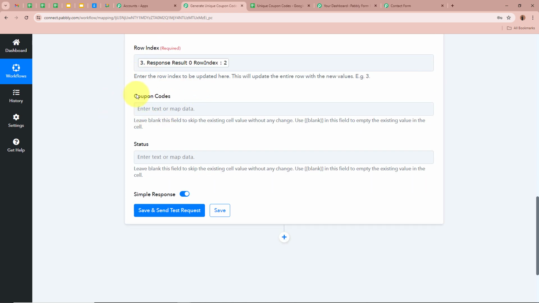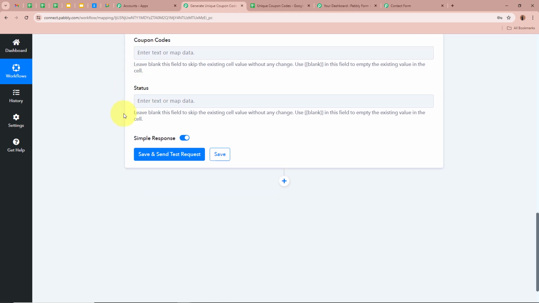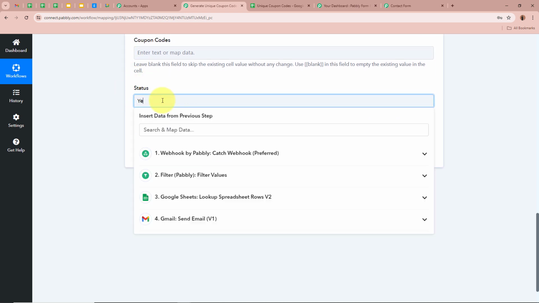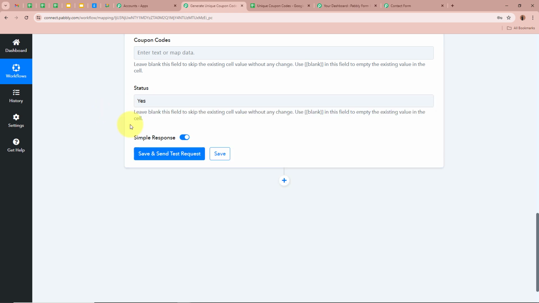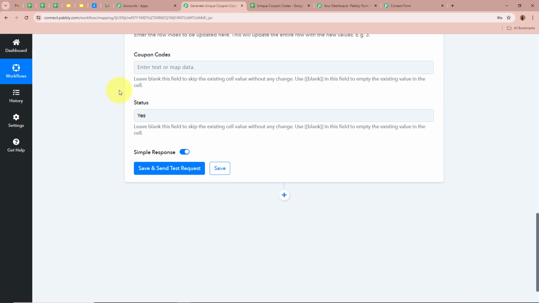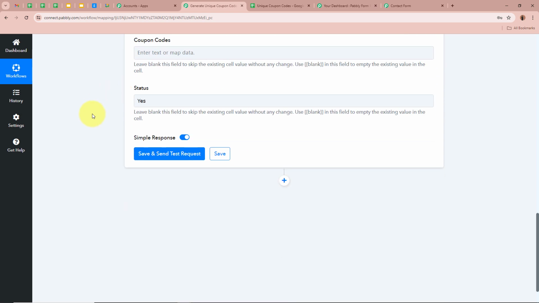It is asking for the coupon codes. As we do not want to update the value of the coupon codes, I'm going to skip that part. But for the status over here, I want to update it as yes. So I'm going to select the status over here as yes, as now the value of the coupon code is being updated. After filling in all the required details, I'm going to click on the save and send test request